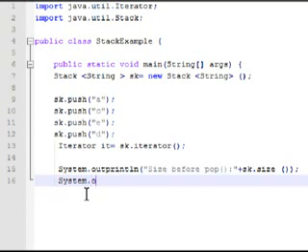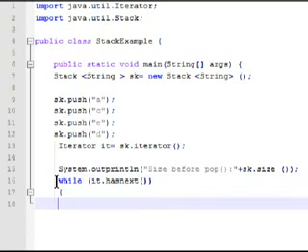System.out.print. I'm so sorry. We're gonna type here while it.hasNext open and close rather. String value equals String it.next